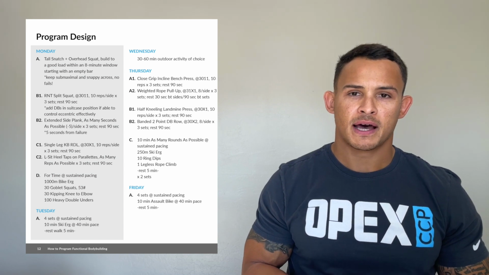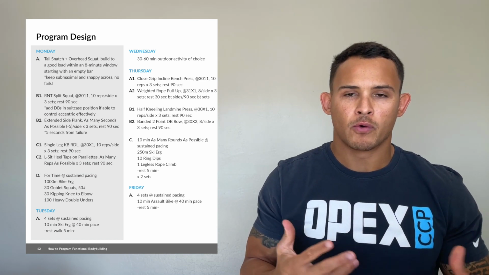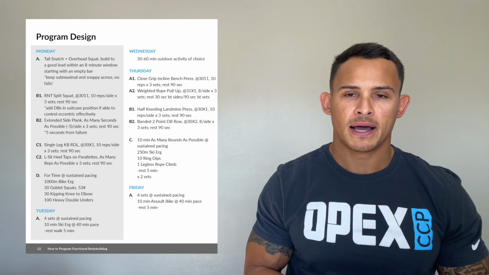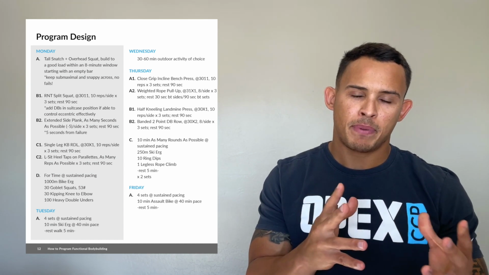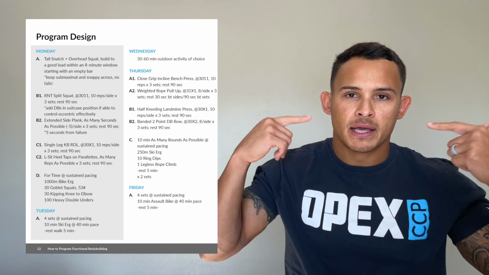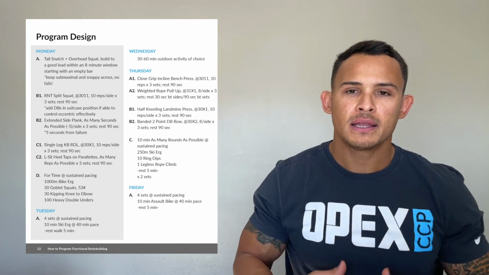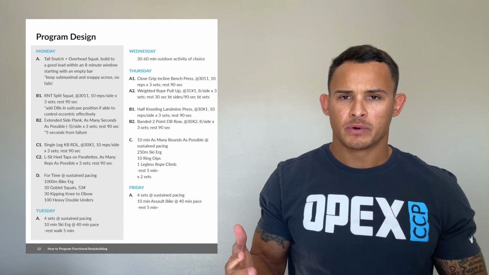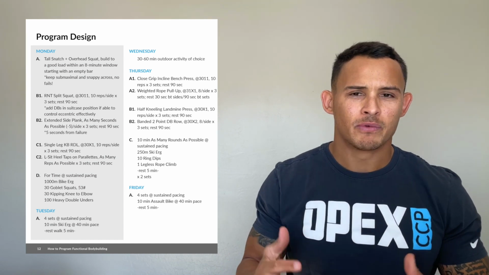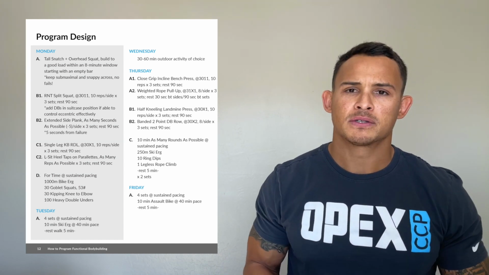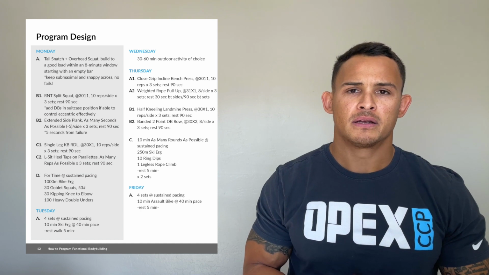So you'll notice that he's about 40 seconds of time under tension per leg. He's going against that band variable, so he's ingraining in his brain how to stay nice and steady through that eccentric. And then I just gave him a little note like, hey, if these feel really easy and you're feeling primed and really good in the program, just add some dumbbells to that suitcase position to add additional load.